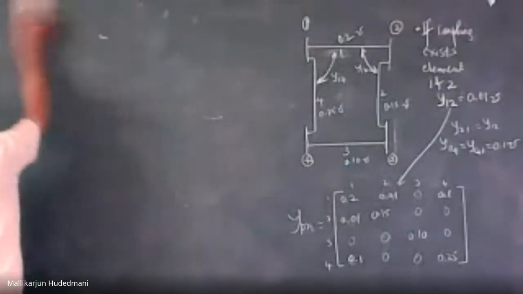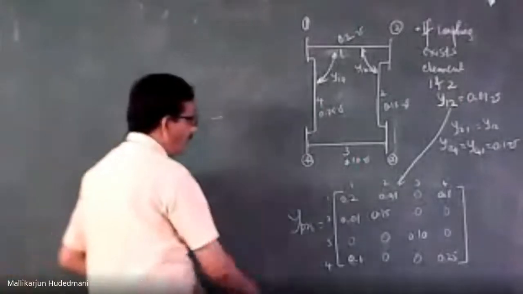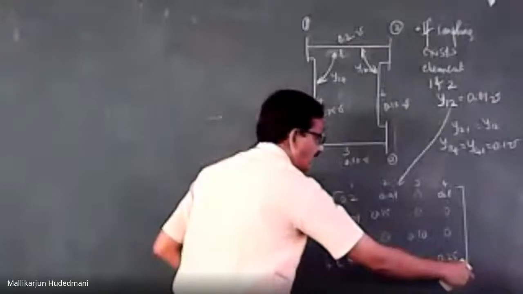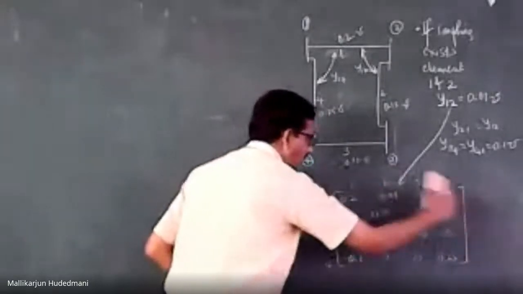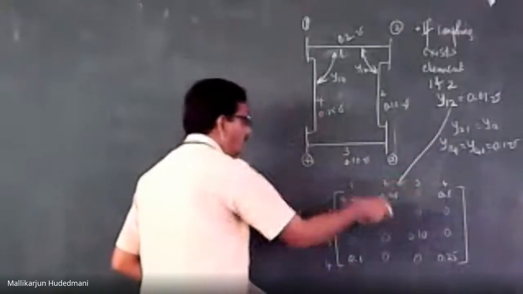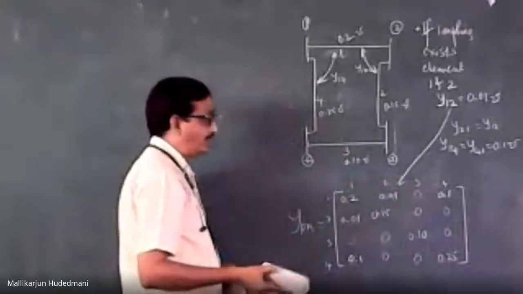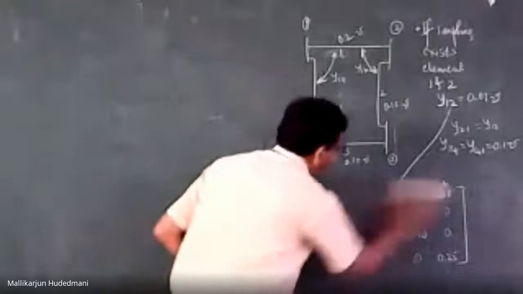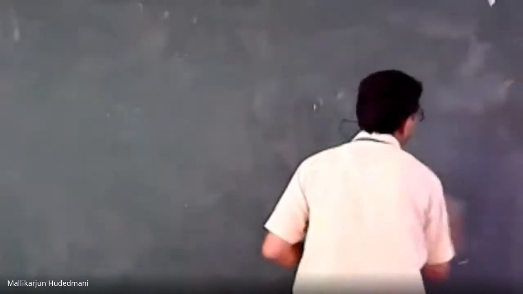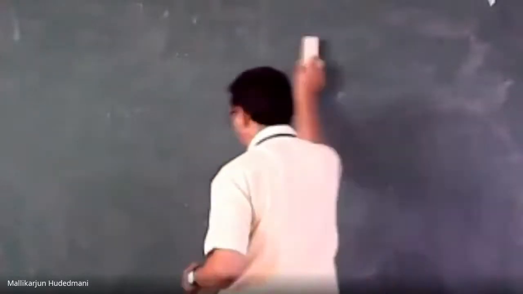Now, what is the next application of this? Once we know the primitive element matrix will have main diagonal elemental admittances, and the off diagonal is a mirror: here is the same as here, the same like the others. So they are the mutual admittances like this. Okay. I will take this to further interactions, which is how this is useful. This is useful to obtain Y bus